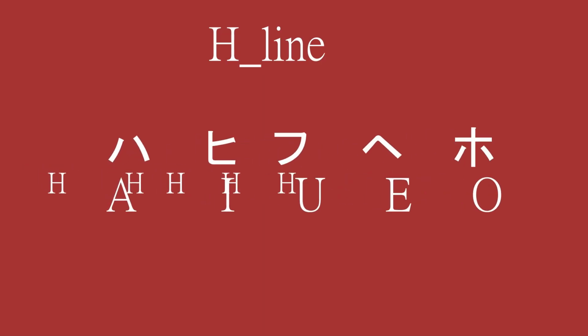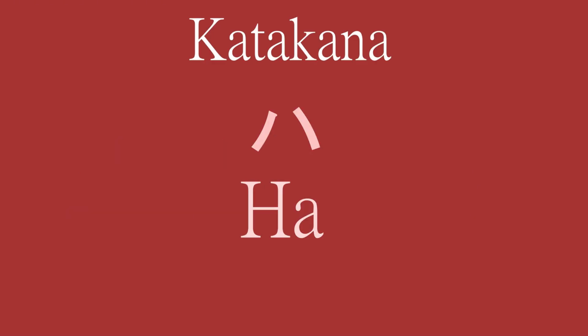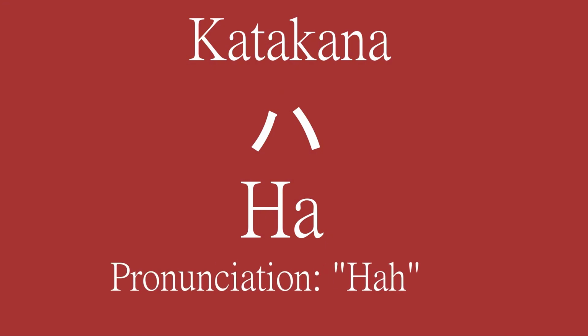If you take vowels and add H at the front of them, you will get the H line. は、 The pronunciation of the character ha in Japanese is something like the combination of HAH in English. Let's see how to write it. Draw a diagonal line to the left. Draw a diagonal line to the right. That's it. It looks like an open doorway.